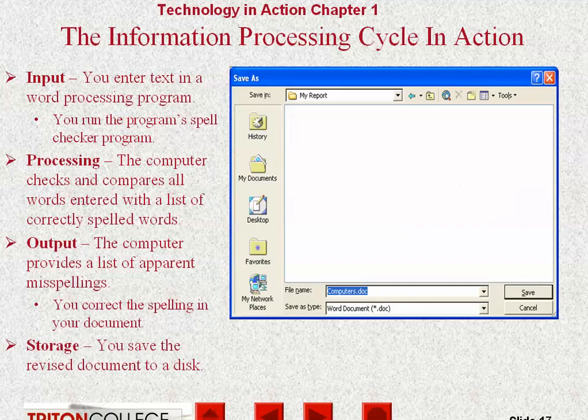And then again, when you're done, you're going to want to save the revised document to disk so that you can have access to it in the future, either because you plan to or because it might become important in terms of someone having a question about it. I find, in addition to this, that my sent folder, my email, is a very, very handy place. Someone says, hey, what about that document? I'll go back into the sent folder and, oh yeah, there it is, and I can resend it to them, or I can access the email I sent and the file that I sent, and refresh my memory on exactly what I sent them and what it looked like.